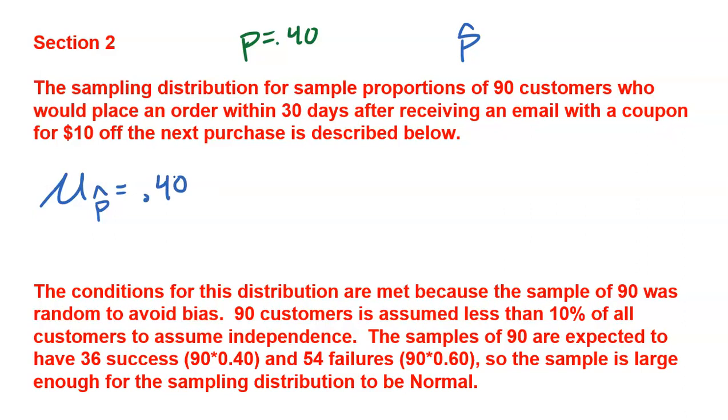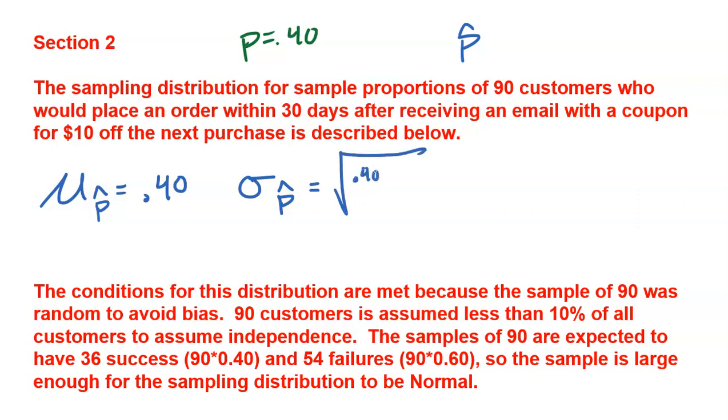So some samples might come back 41, 42, 45, 38, 39, 37%. But the mean of all of them is 40%. So make sure you understand our notation and our symbols there. Now, the standard deviation for all possible p-hats that we would see in a sampling distribution, pretty simple formula here,